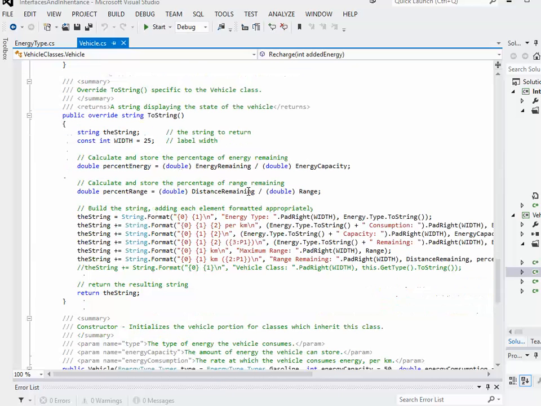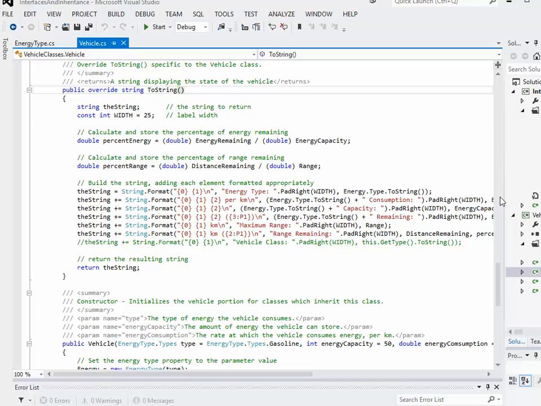And then the next one we're looking at is the ToString method. So this is a public method. I'm overriding the ToString method in the object class. So it's overriding a base class that we don't even necessarily explicitly inherit, but is implicitly inherited. So converting a vehicle into a string,